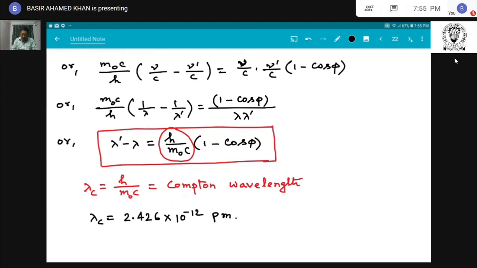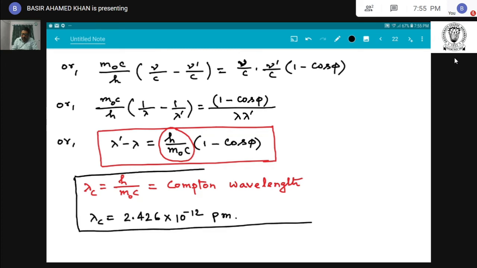This is the value of the Compton wavelength, and this is the famous relation